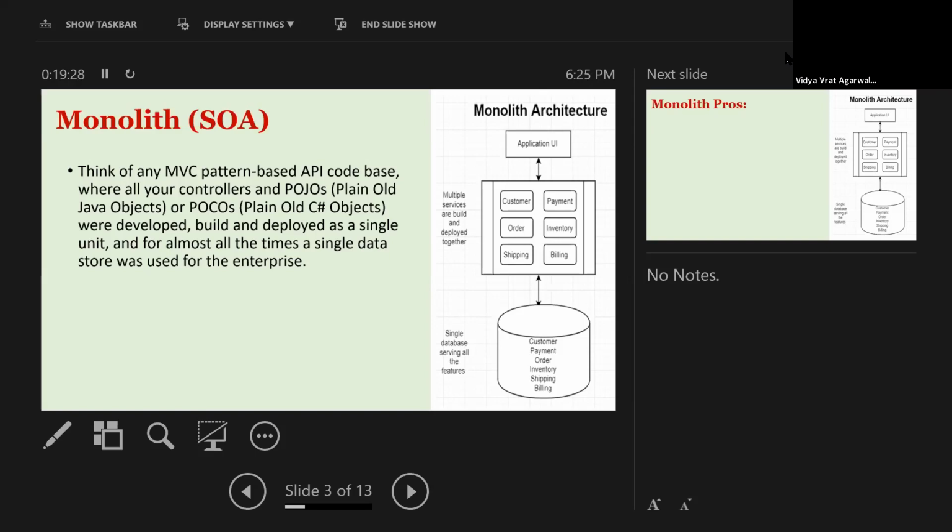I only explained view and controller. I didn't talk about the model yet. Now this controller, I'm explaining what is in here. What happens is this controller is going to talk to the model. And the model is where your Pojo or Poco is. So the model looks like this. Public class customer. And inside that you will see things like